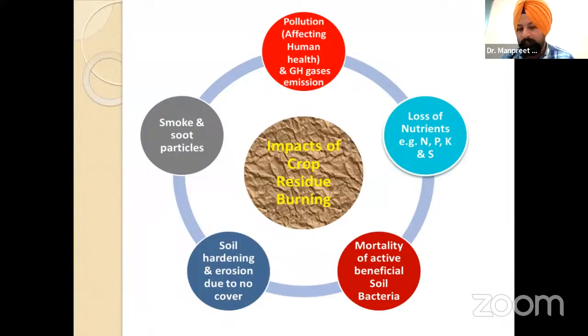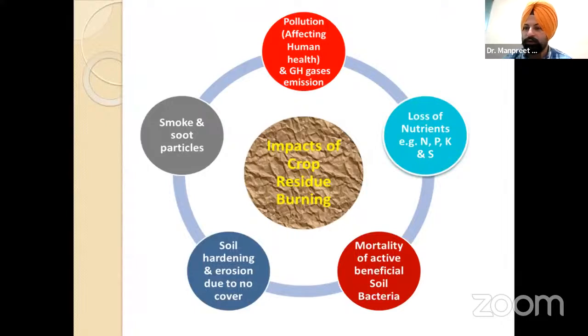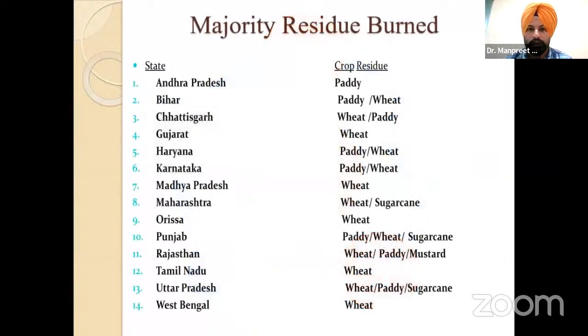दूसरा क्या है? इरोजन है। इरोजन होगी क्यों? क्योंकि कोई कवर नहीं होगा, अगर कोई स्टीप स्लोप्स है या फ्लैट स्लोप्स है, रेनफेड एरियाज हैं, तो इरोजन के चांसेस ज्यादा होते हैं। दूसरा, स्मोक एंड सूट पार्टिकल्स। ऑब्वियसली जब हम बर्न कर रहे हैं तो उसके जो स्मोक एंड सूट पार्टिकल्स हैं वो एयर में रिलीज हो रहे हैं, तो एयर पोल्यूशन हो रही है।